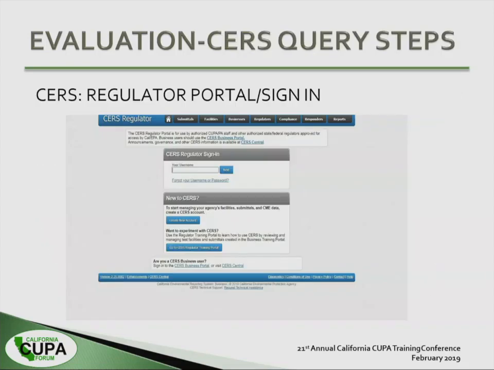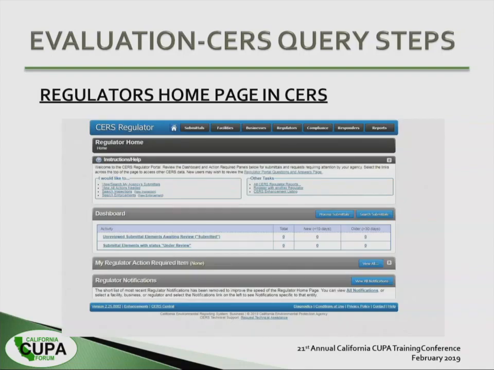Okay, so this is what we do. We go to SIRS, after talking with you and stuff, and this is our portal. So this is the regulation portal, and this is what we see. So we put in our number, and this is what comes up.